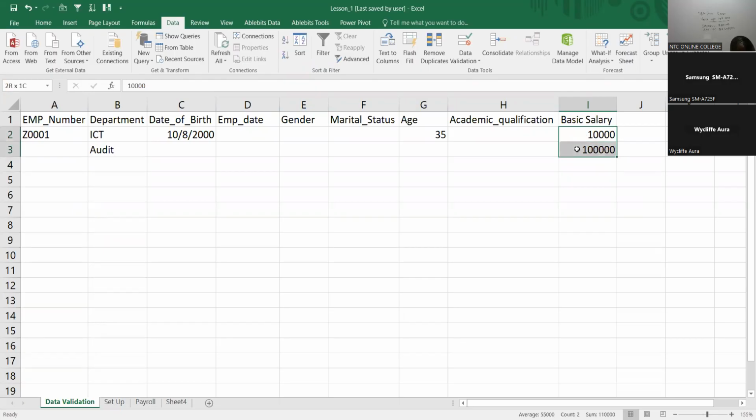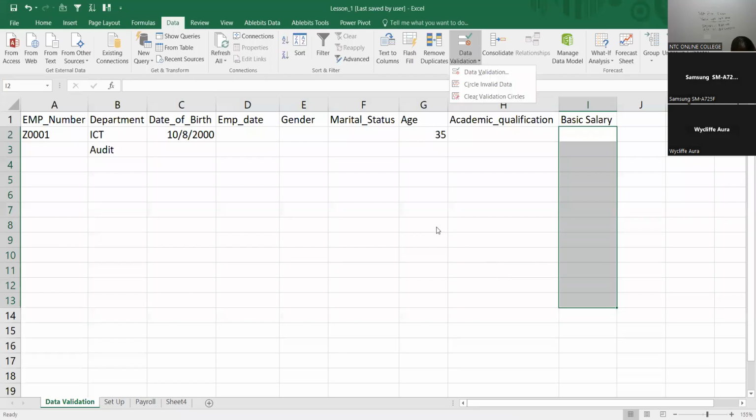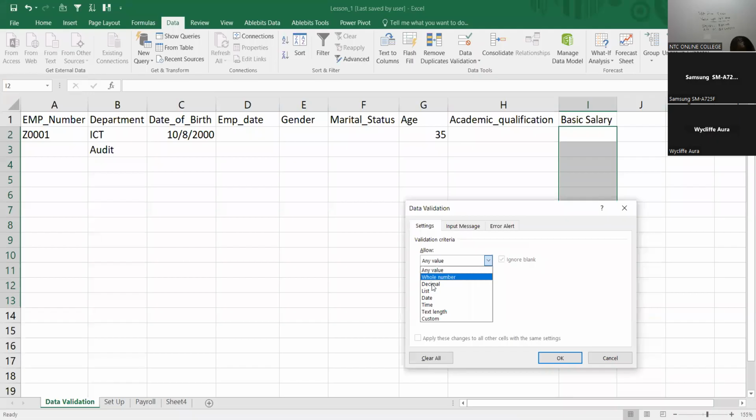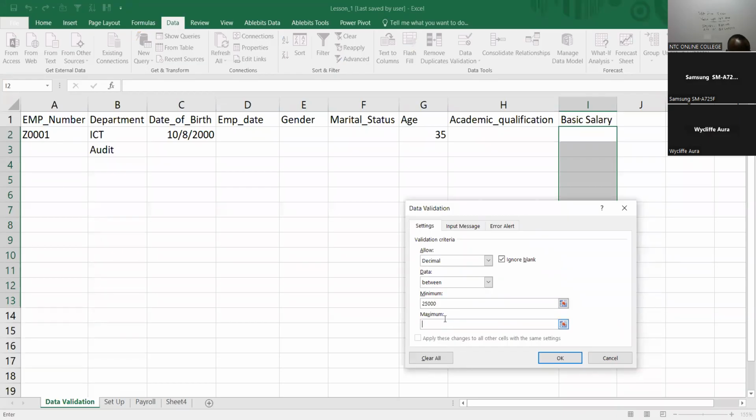But of course, when you are analyzing the payroll data before you post, there are things that you'll be able to tell, that this is too much and it's outside our range. But the best approach is just to highlight and specify that under basic salary, the validation should be under salary. You want to accept a whole number or maybe a decimal number. A decimal number is the one that has decimals, between, probably you are paying your casual staff, between 25,000